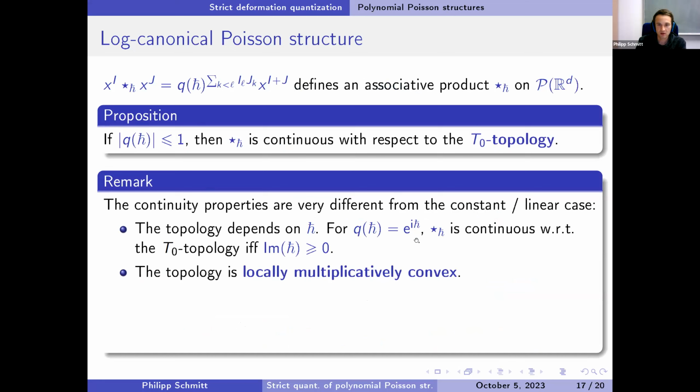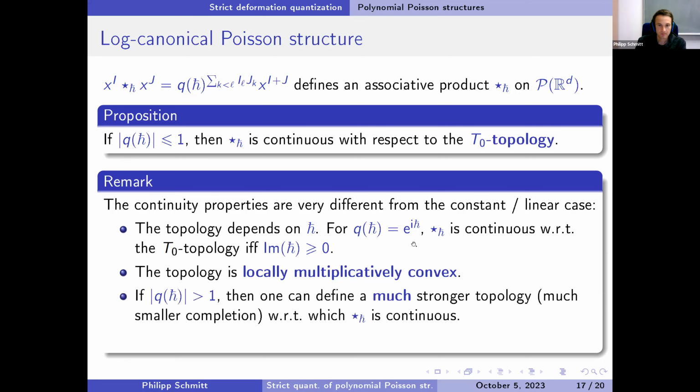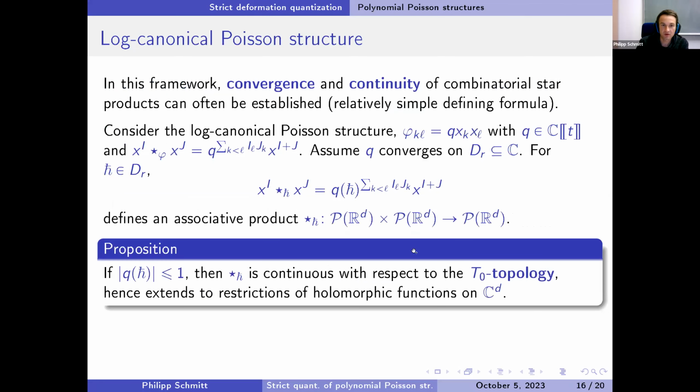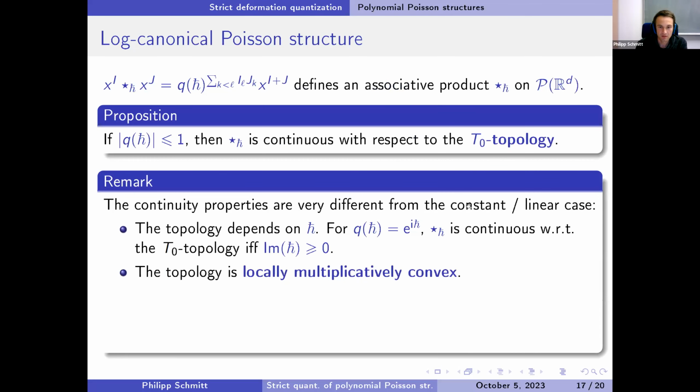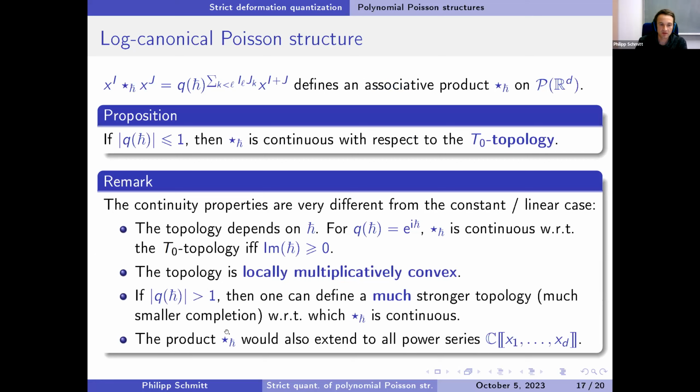In the example of q of h just being the exponential of i h bar. Okay, I want to say one more thing here: in this case, for this quadratic Poisson structure, because this is purely quadratic, the product can also be extended even to all formal power series, to a family of products on formal power series in these variables x1 up to xd, which is due to the fact that because the Poisson structure is quadratic, you only have finitely many